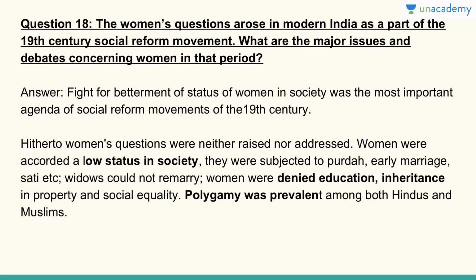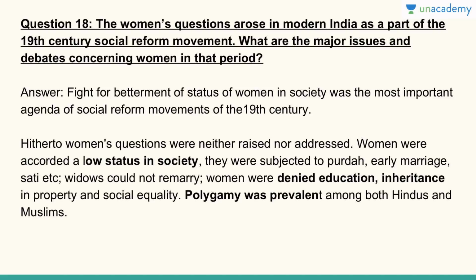What are the major issues and debates concerning women in that period? First, the fight for betterment of the status of women in society was the most important agenda of social reform movements of the 19th century. Women's questions otherwise were neither raised nor addressed, and they were accorded a low status in society. They were subjected to the Parda system, early marriage, sati, widows could not remarry, and women were denied education, inheritance